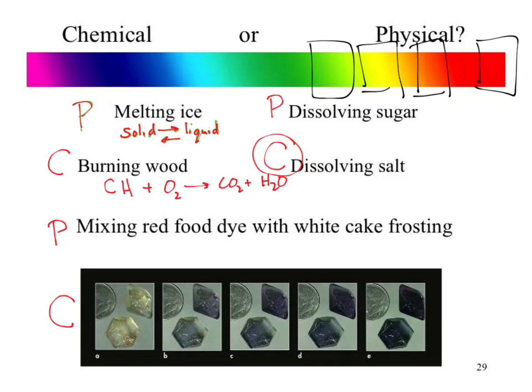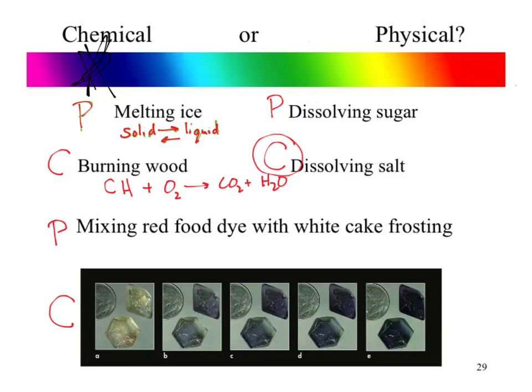When we're looking at chemical and physical changes, it is a spectrum. At the red end, we have, what did I draw it as? Physical. At the purple end, we have chemical. Some processes, say melting ice, if we look at melting ice on our spectrum of chemical to physical, it sits pretty squarely,